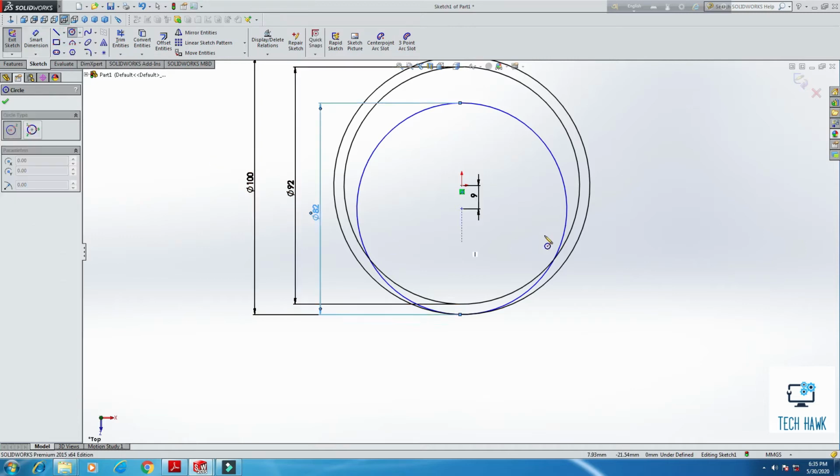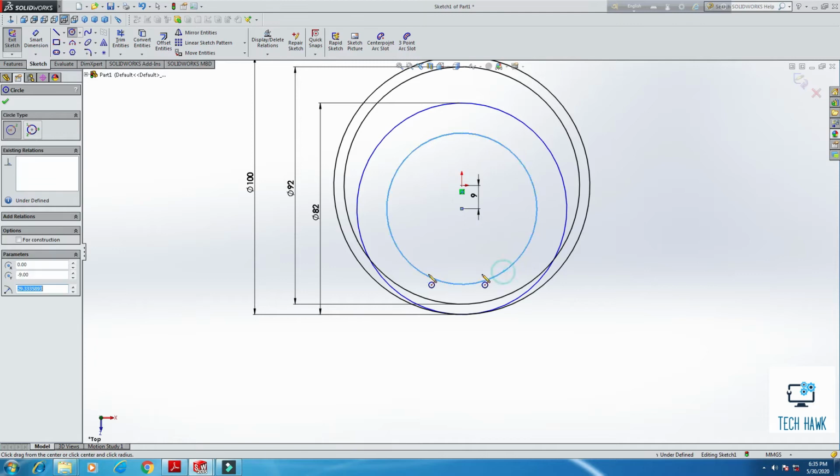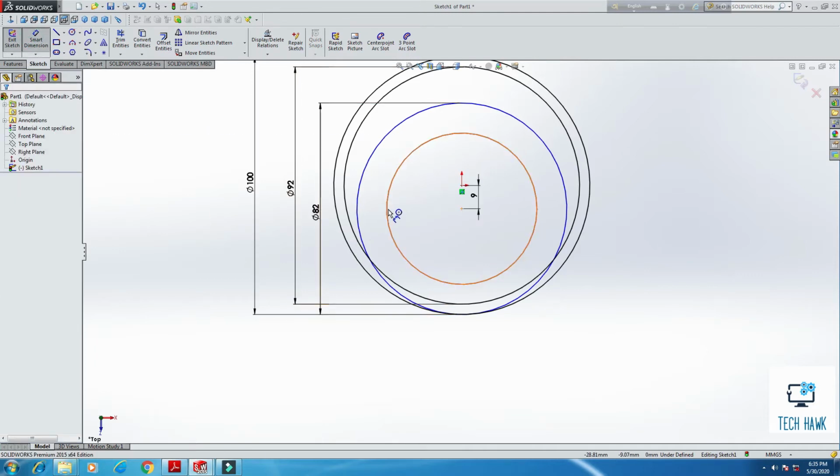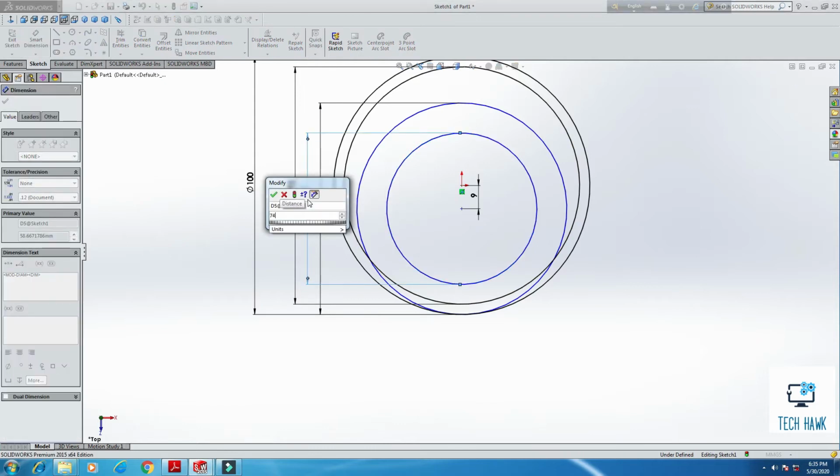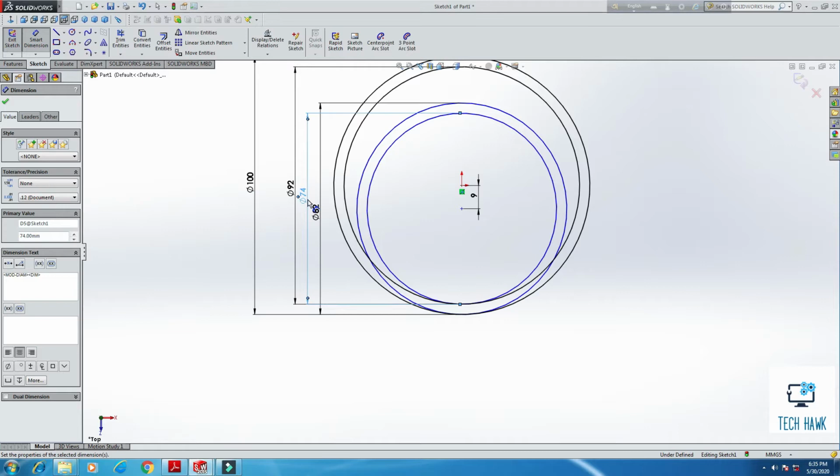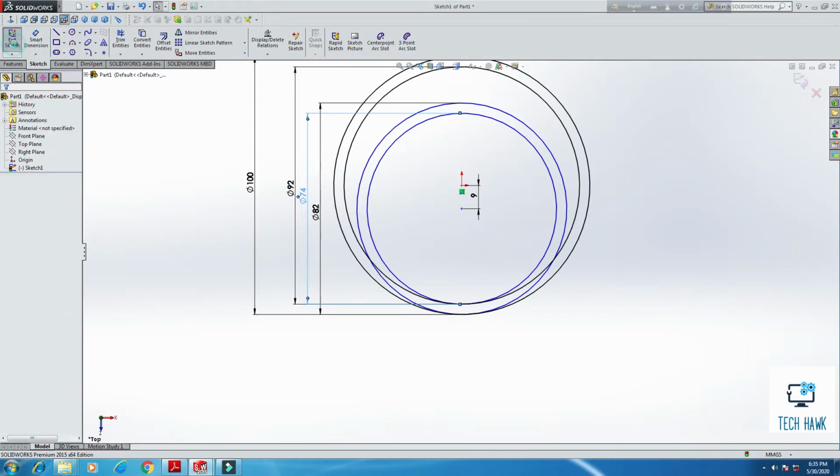Again we will take circle, and we use the center point just we have drawn. So click here, and from smart dimension we are going to take the dimension as 74. Look, this coincides the inner circle. So we have total 4 circles, and each two coincides with each other. Now we exit sketch,